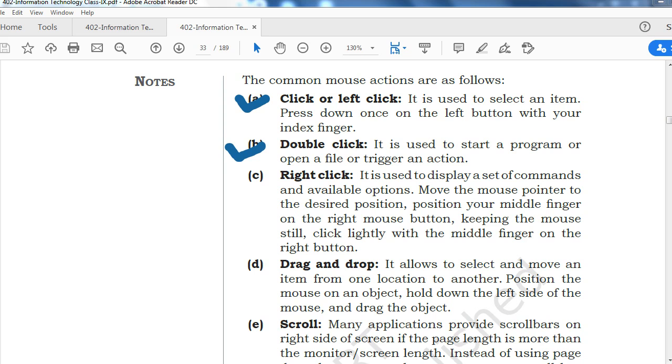Single click is used to select something and double click is used to open something. Right click is generally used to open the context menu. Drag and drop is used to change the position of any icon or something, okay? And scroll is used to go up and down the page, okay? Scroll down the page, scroll up the page, for that purpose it is used, right?